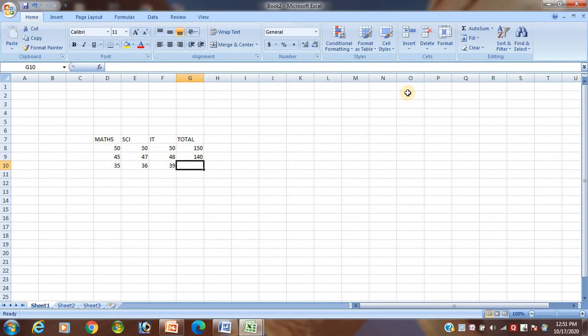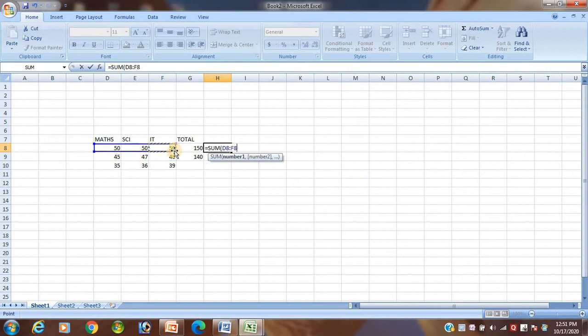In this case, with AutoSum, there is no need to write the sum, then the bracket, then the range with a colon, then close the bracket and press enter. The result is the same, but the difference is that AutoSum takes much less time compared with this. Yes or no, students? Is that clear? So AutoSum is a very good feature of Excel.